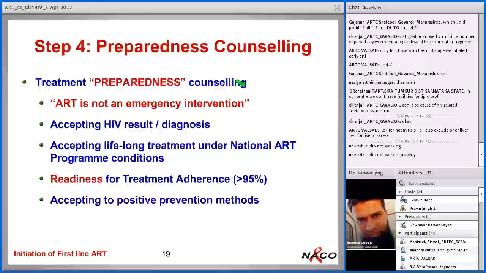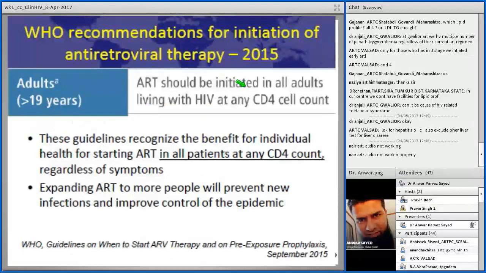Why I am saying that the patient should understand and participate is because that is when it is called adherence. There is a difference between adherence and compliance. Compliance is something which you blindly follow. A doctor tells you to do this and you do that, you are compliant. But adherence is when the patient participates in treatment.